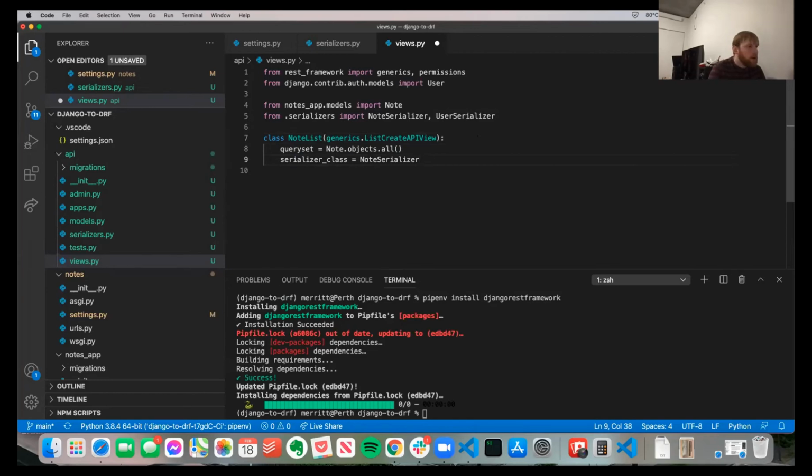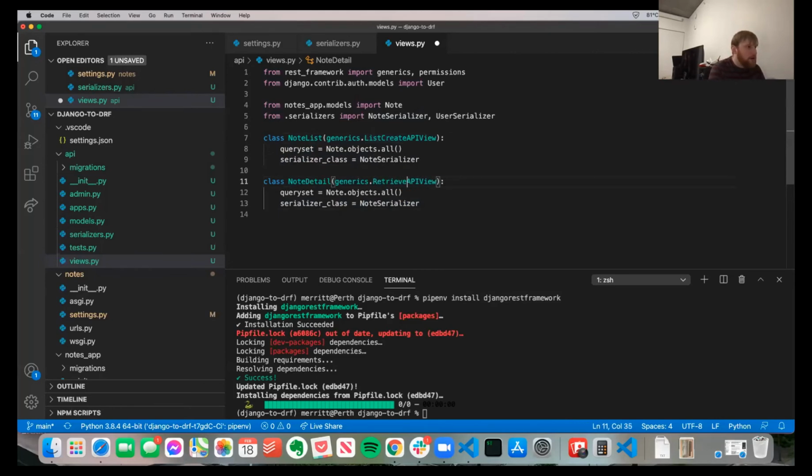All right, let's build ourselves the note detail view that's going to be able to retrieve, update, and destroy. That one is going to look almost exactly the same. That's going to be note detail, and instead of a list create view, it's going to be a